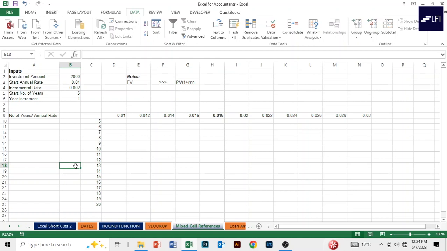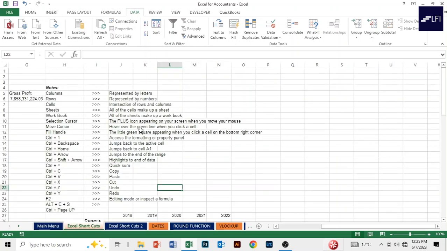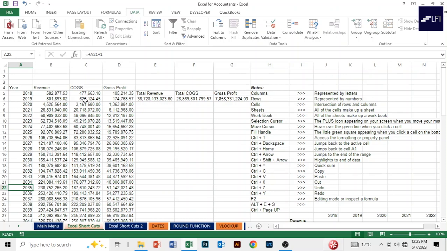So this is the future value formula that we want to work with, right? So the idea here is we want to come up with a formula that will populate all these cells, and the only way to do that is we make use of what is known as mixed cell references. So we have got relative references, we've got absolute references. So relative references, I think when we were starting our course, we looked at relative references, where here we have